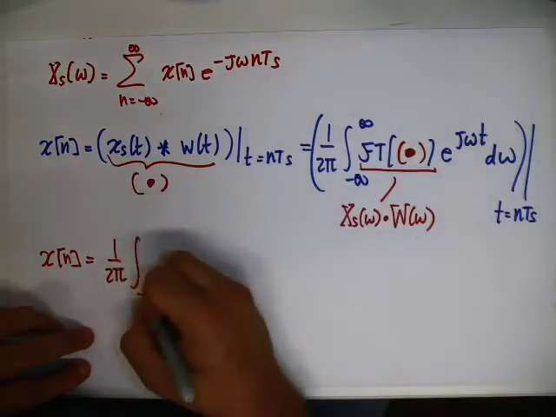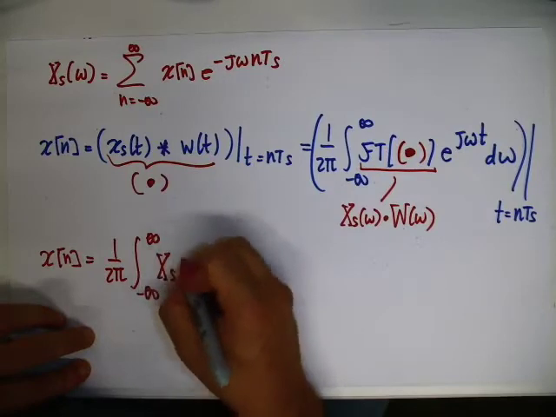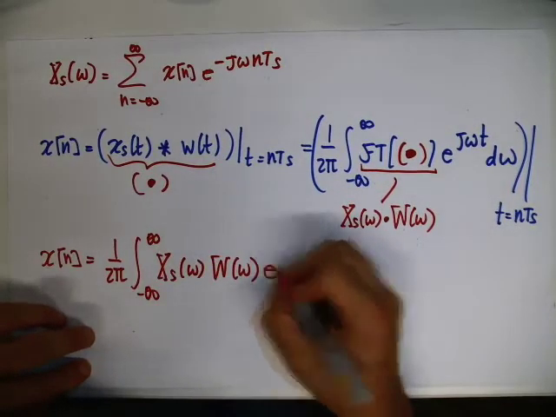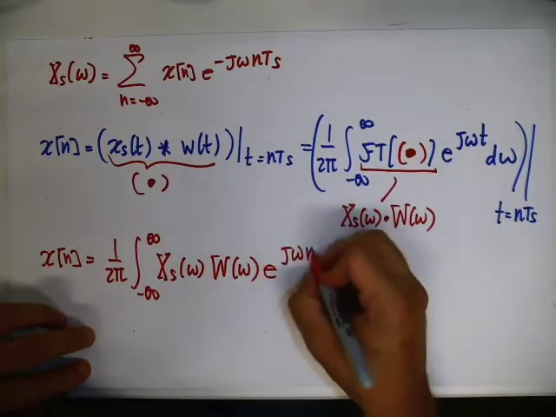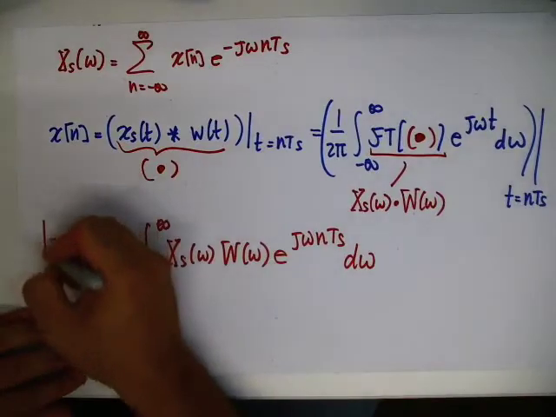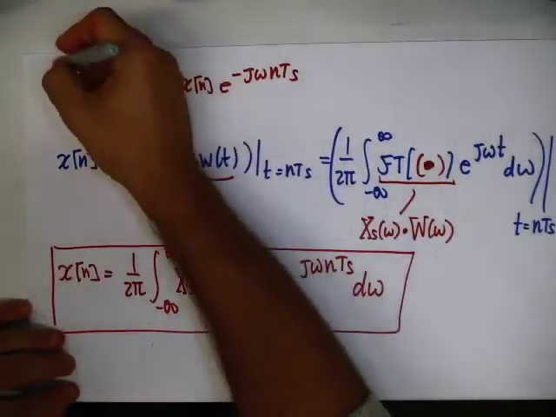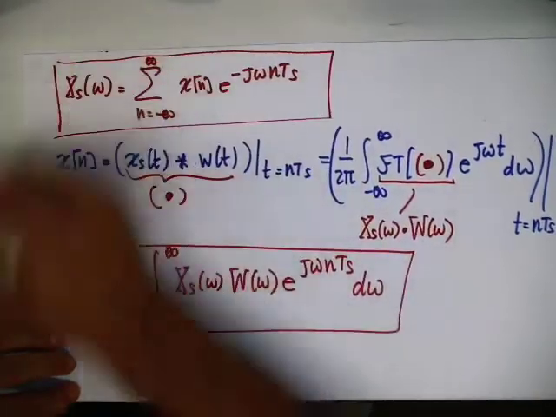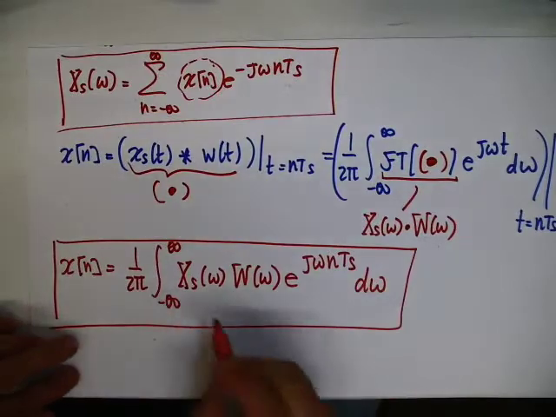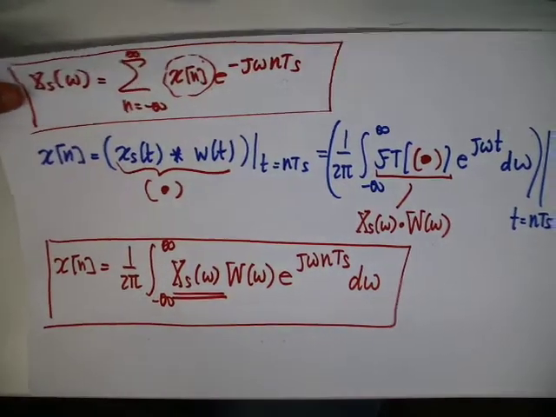So I get the integral from minus infinity to infinity of X s of omega, W of omega, e to the j omega nTs d omega. And this gives me infinite choices to recover the discrete signal from its discrete time Fourier transform. Indeed,